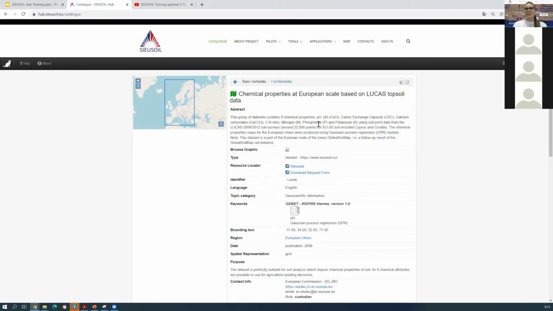Okay, if we go through the main menu step by step, the next item of the SIEUSOIL Hub is about the project, and this leads directly to the SIEUSOIL project website that you are all familiar with.